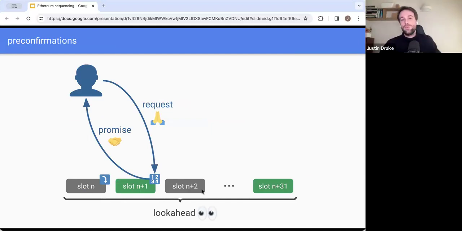Right. So in theory, you could have some totally separate entity that does the pre-confirmations, but the thing is that they can't guarantee that the transactions will actually go on chain within a certain amount of time, because the only entities that can guarantee that are literally the L1 proposers, because they're the ones that have these rights.